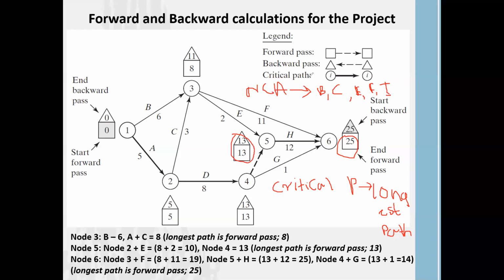So, non-critical activities, we can make some flexible, or we can expedite these activities, or we can delay those activities a little bit. Making any amendment to these activities does not affect the completion of the project. It's like your extracurricular activities and end semester examination activities. If you are delayed with your end semester examination, you have to wait another year to complete your degree. But if you delay your extracurricular activities, you can still complete your degree within 4 years, right?